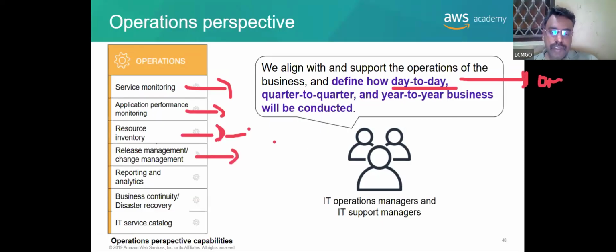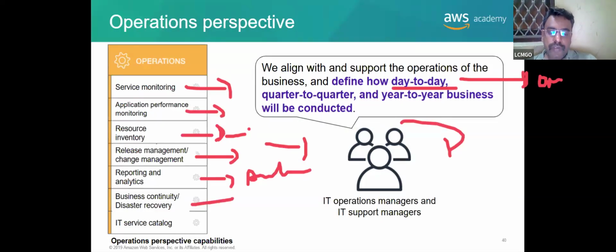Release and change management. That is something I want to change here and move there. I have to do that. Then reporting and analysis reports they have to give. They will also keep a backup copy, data recovery, full data backup ready, and they can decide whether the business continues or not. For example, you're starting a business, you will first have a plan, right? Three months, let us see how it is running. If it's going smoothly, I'll continue, or else I'll go for plan B. It's like always keeping plan A and plan B.